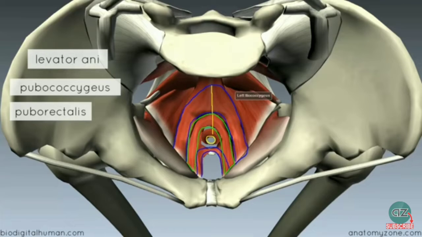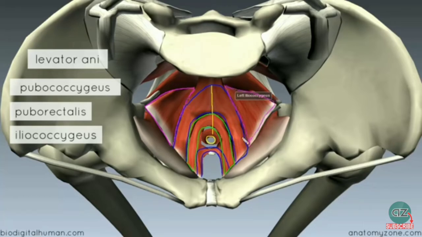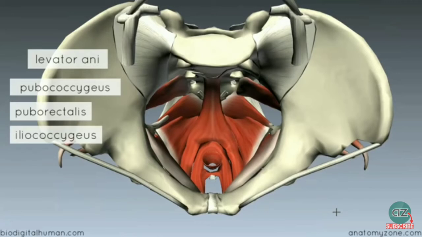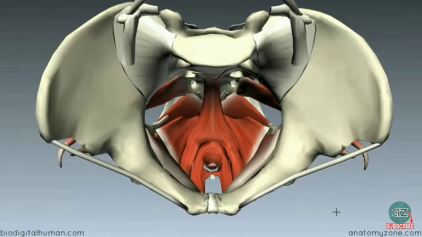And then we've got the posterior fibres of the levator ani muscle, and these are called the iliococcygeus muscles or fibres. So you've got these, which I'm outlining in purple. So those are the three collections of fibres which make up the levator ani muscle. So this muscle forms the bulk of the pelvic diaphragm. So just to quickly recap, the levator ani is composed of these three collections of muscle fibres,